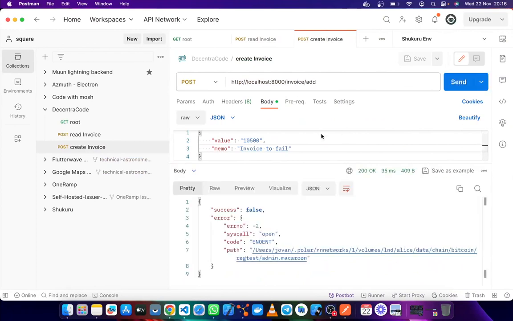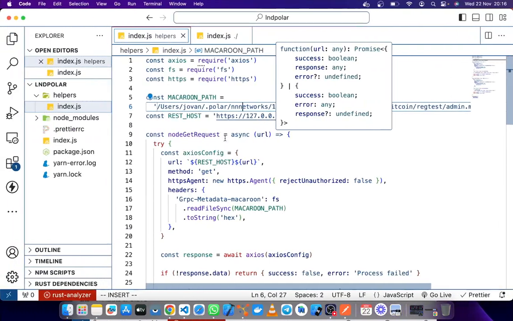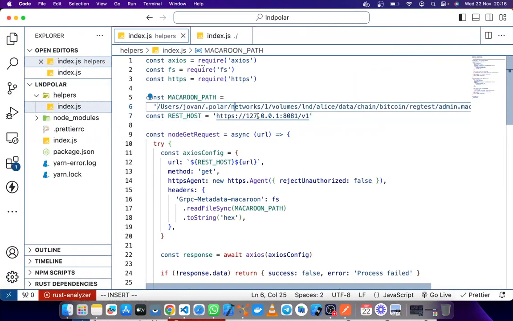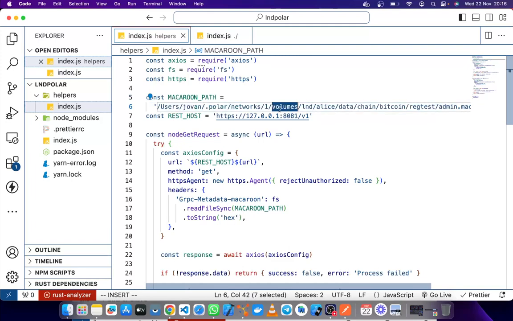So if I try to enter, it shows you that, hey, something went wrong. Your macaroon path is wrong. You need to find a real macaroon path. These are admin keys. So whenever you try to create your invoice, you need to make sure that you have your macaroon path, your files authentic and stored there.